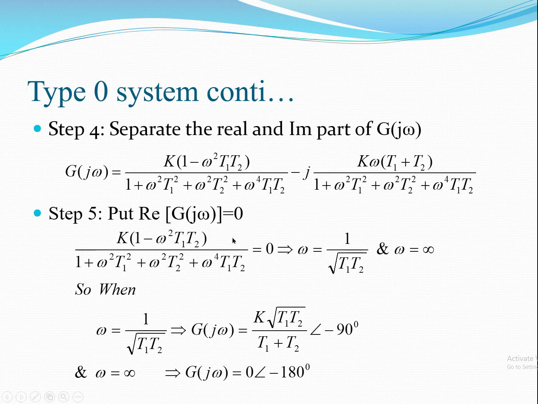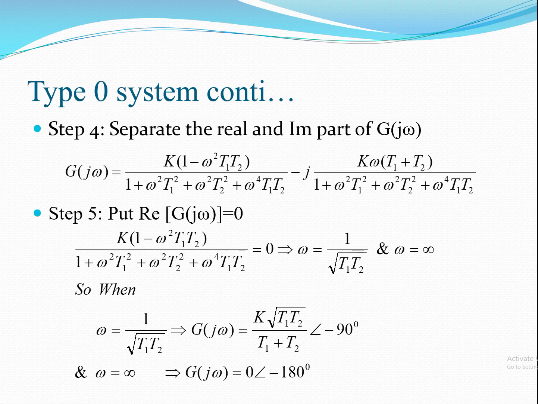So we will be having omega squared equal to 1 upon t1 t2. Okay, so we will be having omega squared, so it is going to be under root. So omega equals 1 upon under root t1 t2. Okay, I am taking this only. And another one is what? Either this term is going to be 0, this term is going to be 0 when you will be having